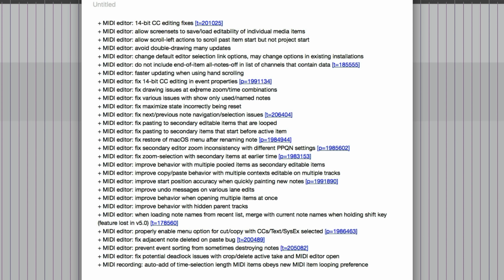There are a ton of MIDI editor bug fixes and small changes and improvements in this update. It's some really technical stuff, some stuff that I don't entirely understand myself, fixing problems that I never ran into myself, and so it's really hard to demonstrate these things. I know that for a few users, this has made a huge workflow improvement for them, but it's really hard to explain all those little differences that there are between this version and the last one with regards to the